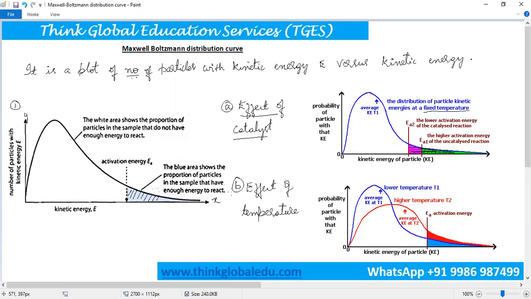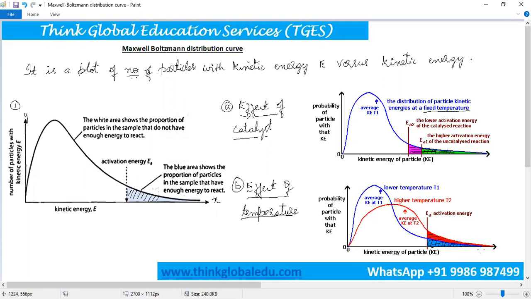And the next factor is the temperature. As we all know, by means of collision theory, with increase in temperature, particles gain more kinetic energy, and the rate of reaction will be increased, which can be explained by means of the Maxwell-Boltzmann distribution curve. The blue curve indicates a reaction at lower temperature, and we can see only a few particles have gained activation energy to form the products. And the curve is narrow in nature. As we increase the temperature, the curve will be broadened and more particles will gain energy to form the products,